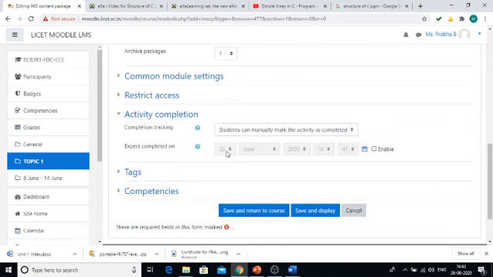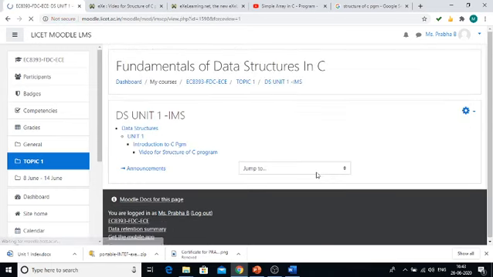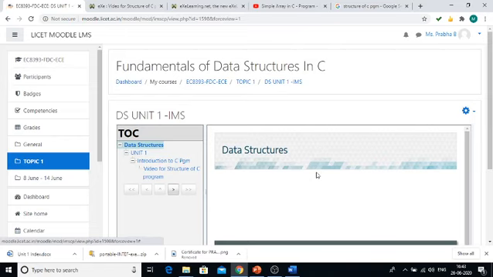For example, if you want all the students to watch your content within a stipulated time, you can set the date and time. After this time, this activity will not open in their login. Then click save and display. Finally you have to select save and display.